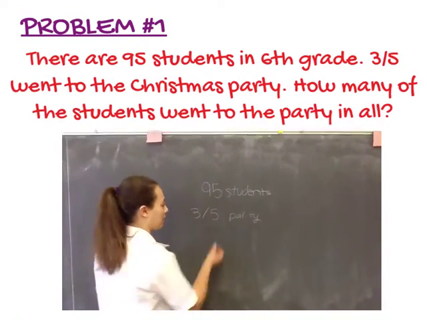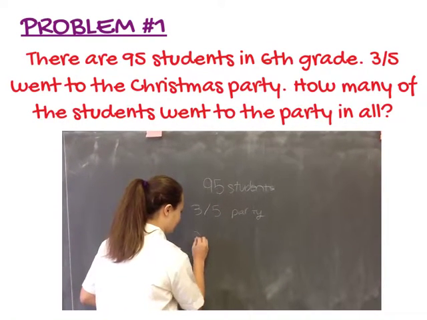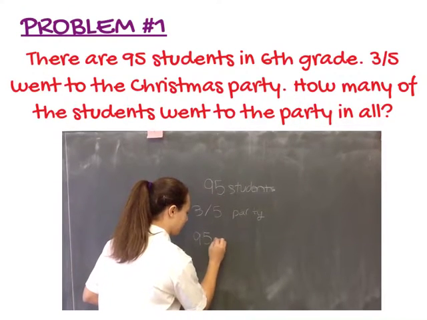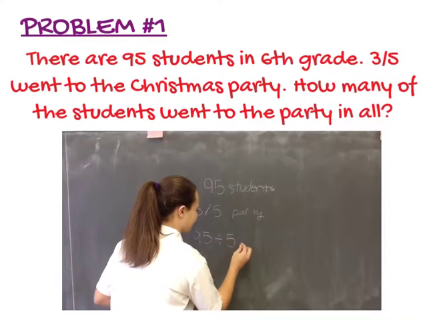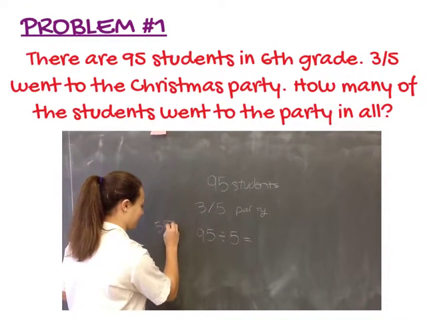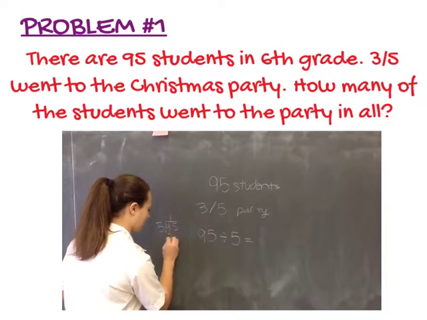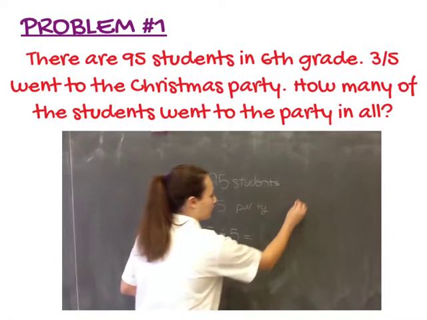First, you have to find out what 1/5 of 95 students is. So you do 95 divided by 5. And you figure that out. So on the side, you just figure that out. And so 1/5